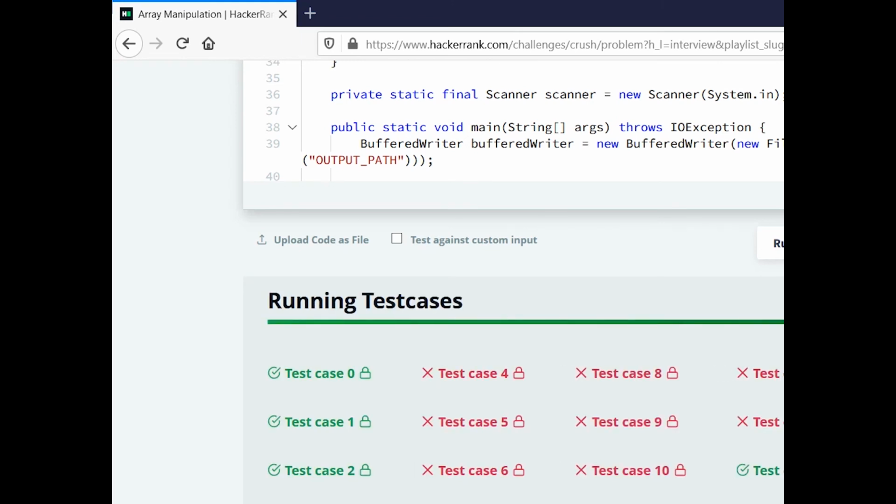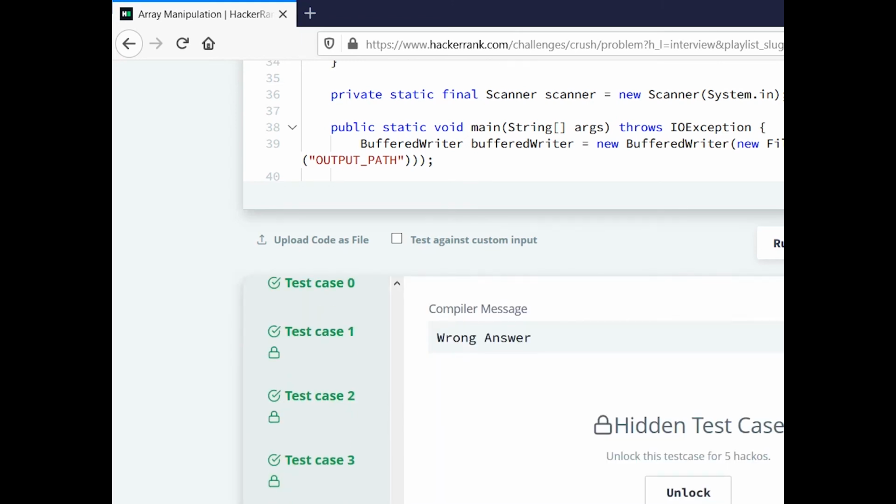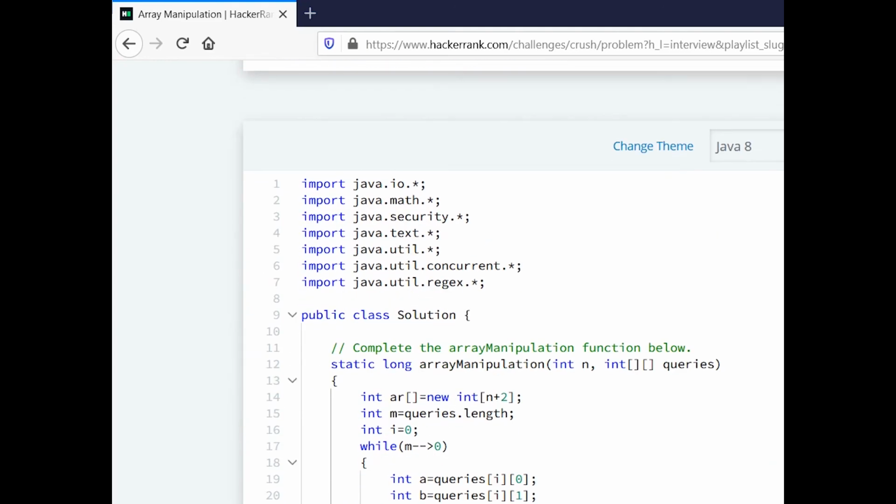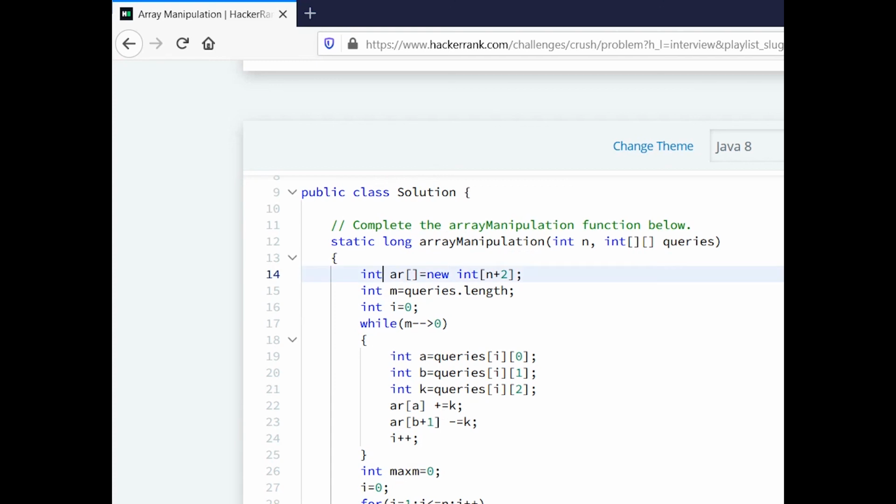Let's go and check for the corner cases as well. We can clearly see k is 10 to the power 9, which is out of range of int, so we have to use long everywhere, because int is only up to about 10 to the power of 9. So this should be long k, this should be long max, and this should be long.